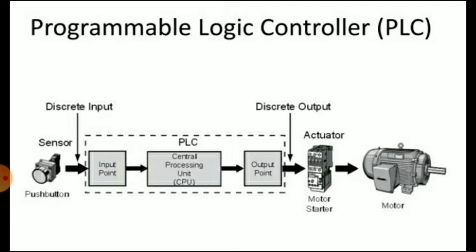The input devices such as sensors and switching devices are connected to PLC. The output devices such as motors and valves are connected to PLC. You can see in this block diagram, only when the program conditions have been met, the output devices are switched on or off based on the logic of inputs. So you will get only a discrete type of output, that is on or off, that is starting of the motor or stopping of the motor.